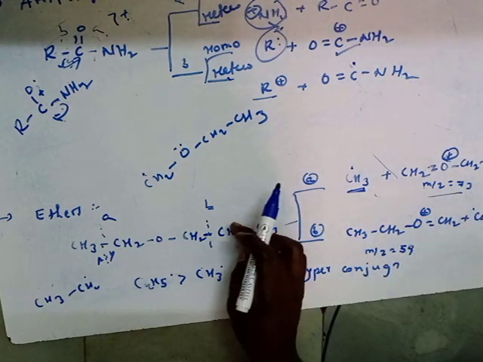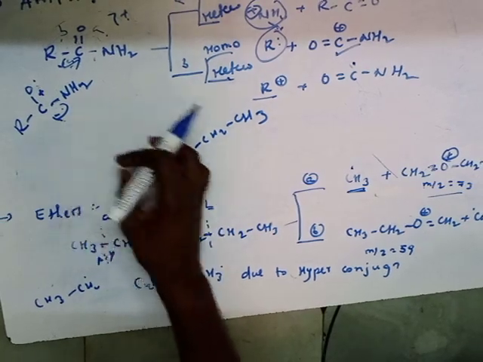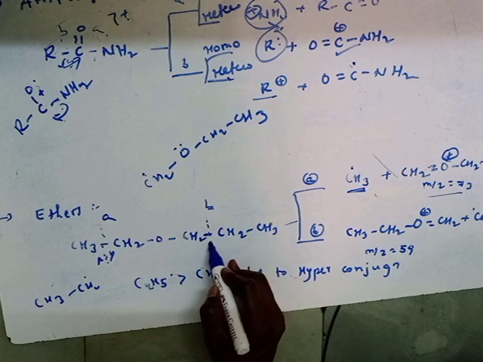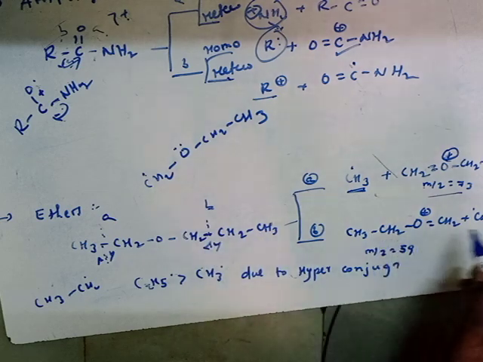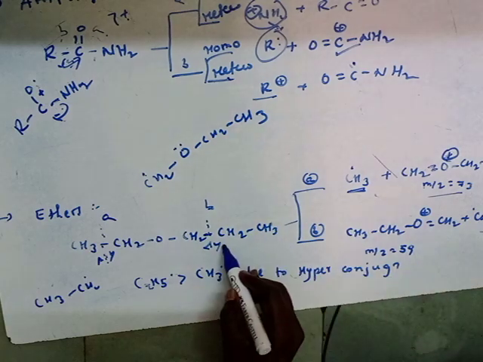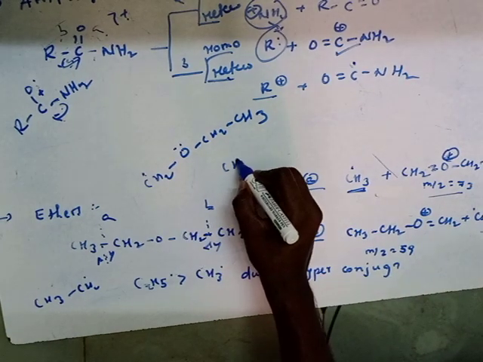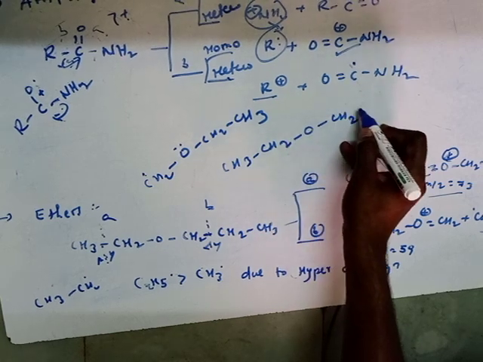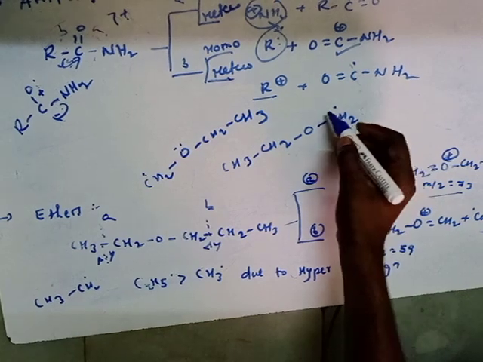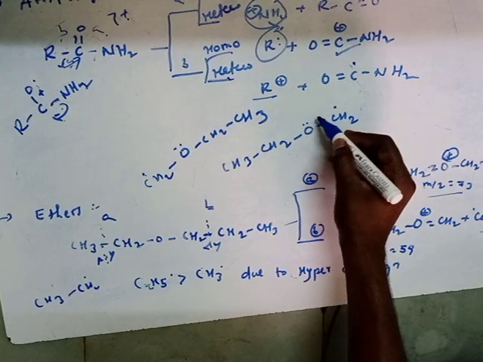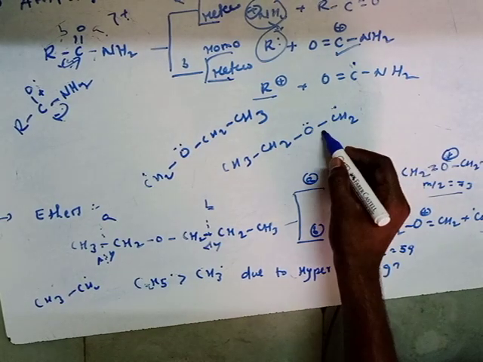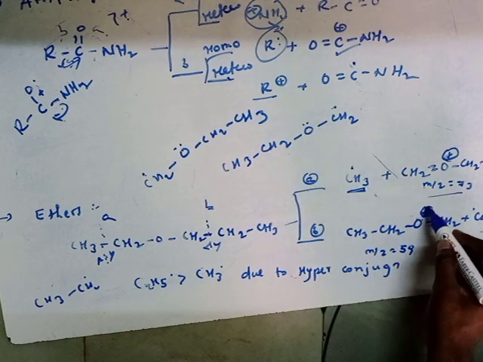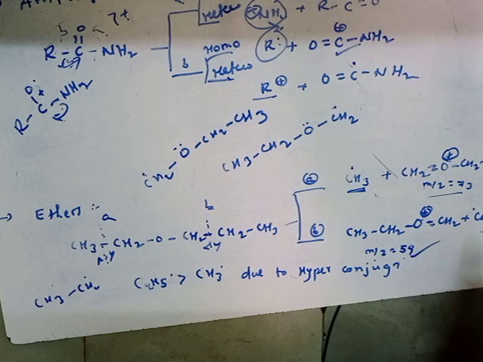If it undergoes B-type cleavage, B-type cleavage means homolytic cleavage. So here a methyl radical is formed. Similarly, here CH3, CH2, oxygen, CH2. Here radical because it is a homolytic cleavage, and this oxygen has lone pairs. This one electron and this one electron combine to form a double bond. Here double bond, loss of electron. That's why it is a positive charge, and its m/z value is 59.